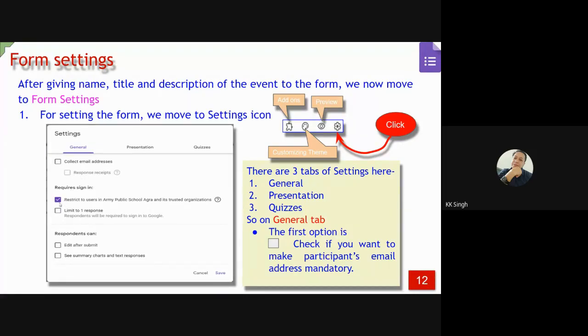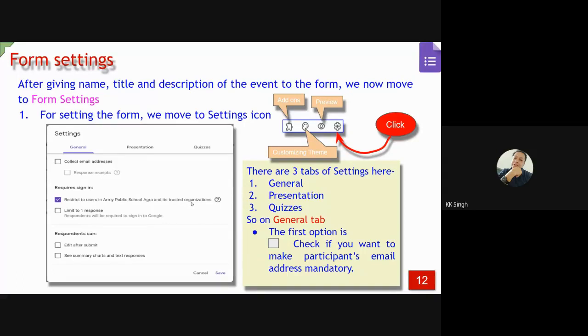And this is a very important point here. Restrict to users in Army Public School Agra and its trusted organization. Since you are using G Suite, no outside student can enter your domain. Today, if you create any Google form and share the link through WhatsApp to the students, anybody can come.